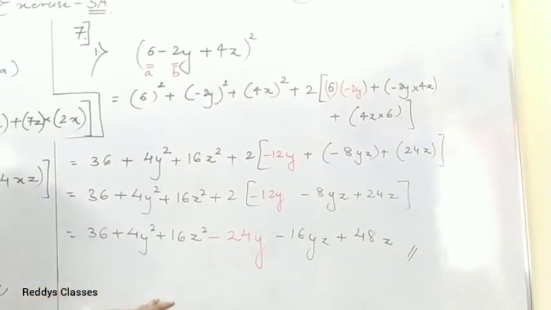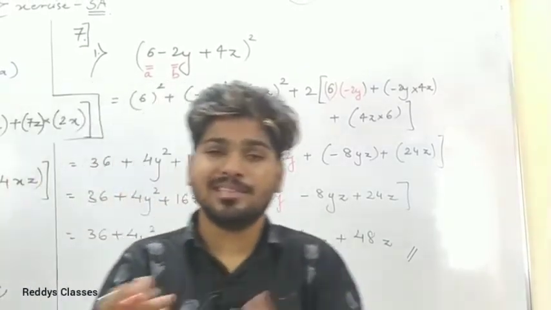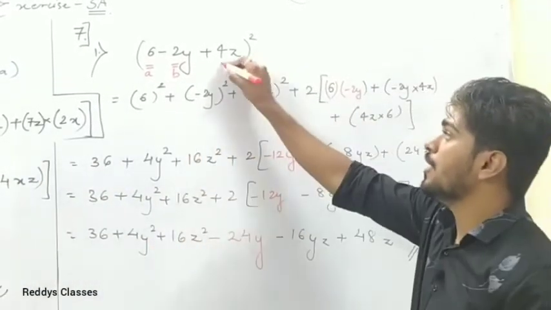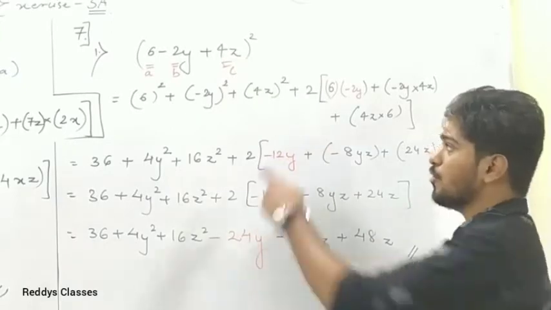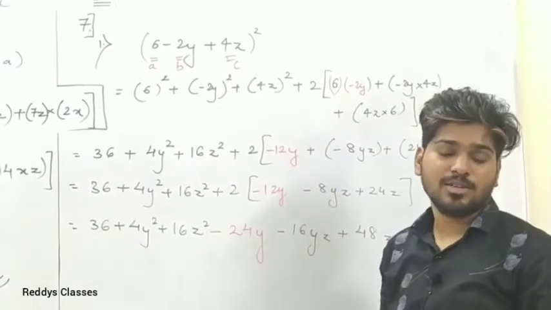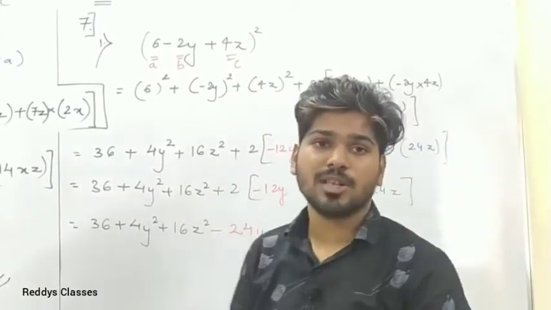That's it. This is the actual required answer. Make sure while writing the formula you have to write the formula, and on the basis of the formula you have to solve this by giving this term a, b, c, so that you won't get this type of mistake in your exams. Okay, let us see the next question now.